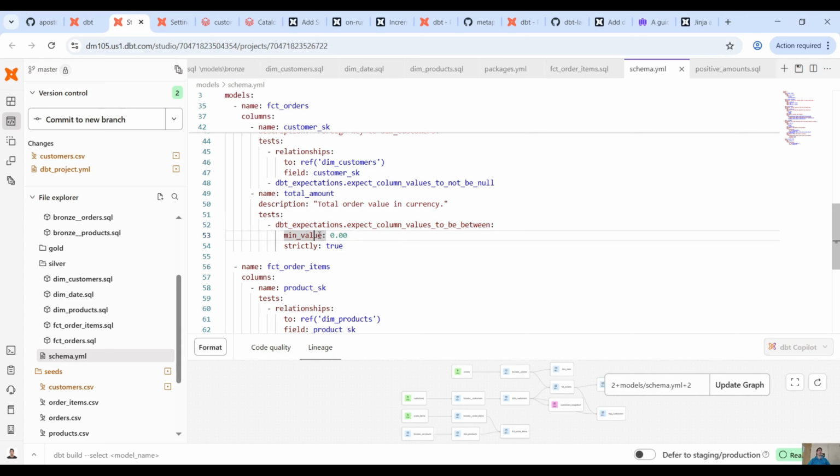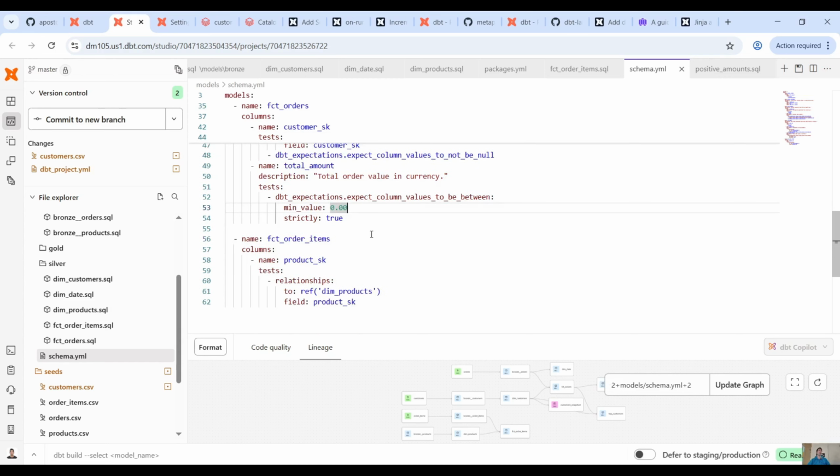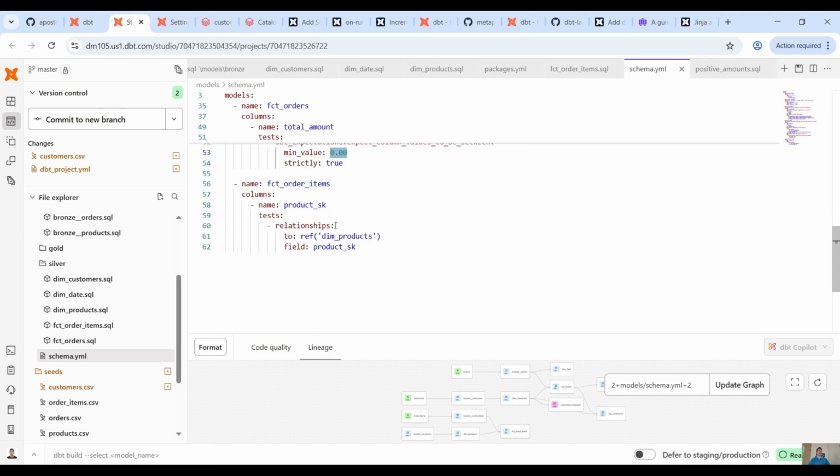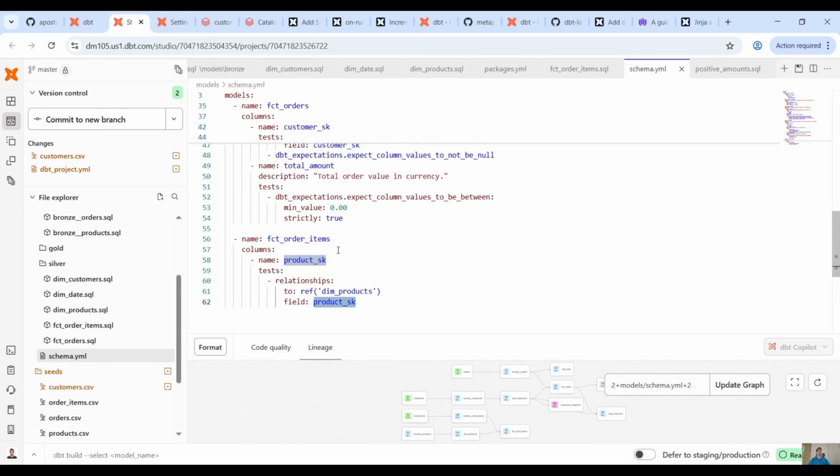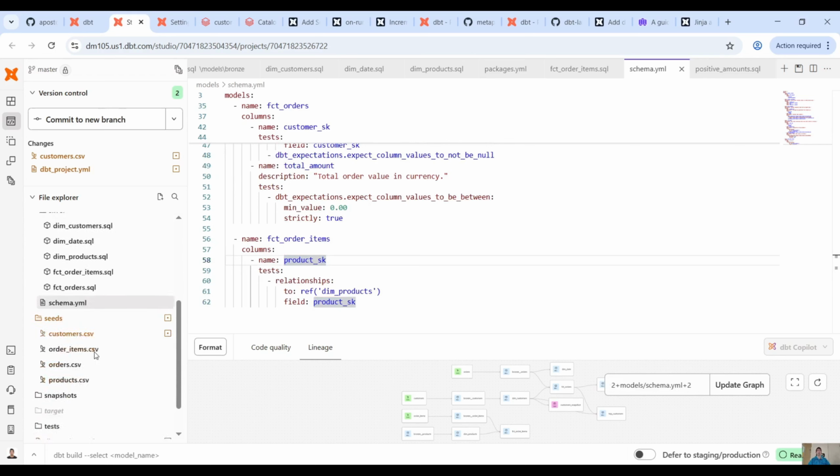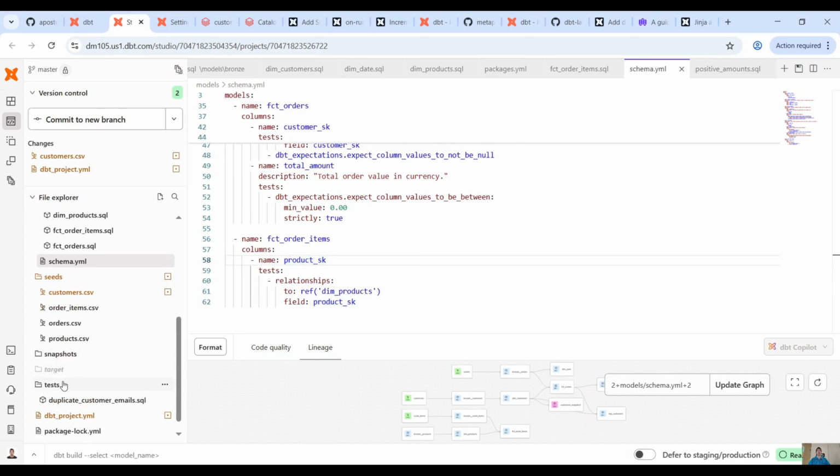Now, as you can see, the min value is 0, but that means it's between 0, so it's 0.0001 plus, right? 0 is not inside this bracket. And then again, for fact order items, I have a referential integrity check, and under